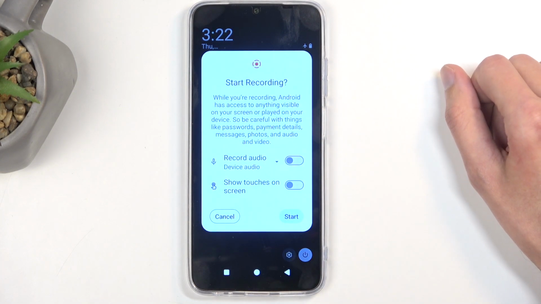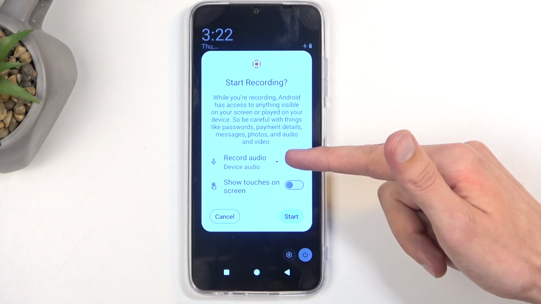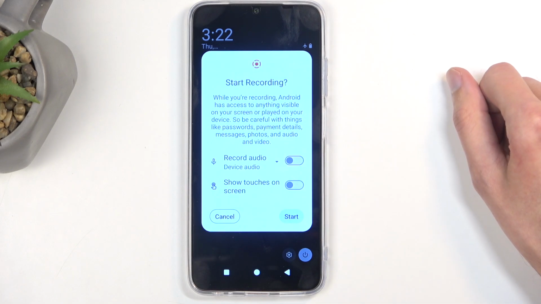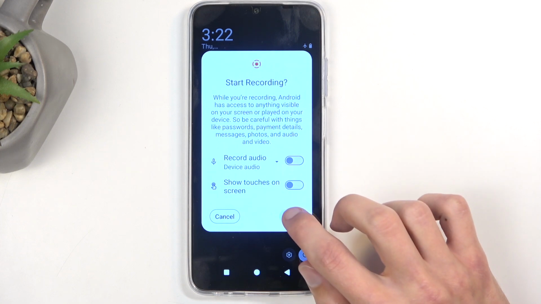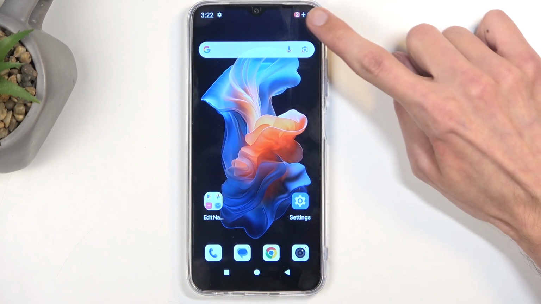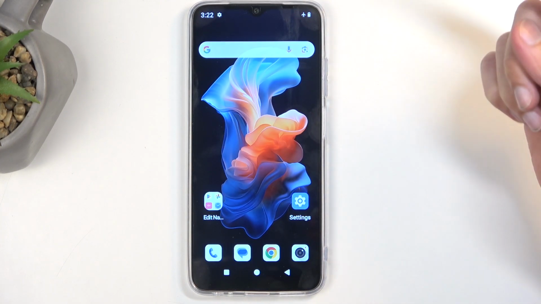It will bring up this pop-up letting you choose what kind of audio will be recorded, and also if the touches will be recorded on the screen as a semi-transparent gray dot. I'm not going to enable either one of those, so I'm just going to select Start. This will give me a 3-second countdown and then begin recording